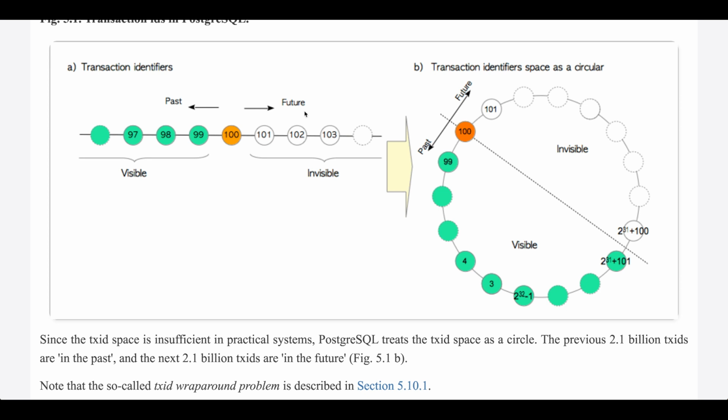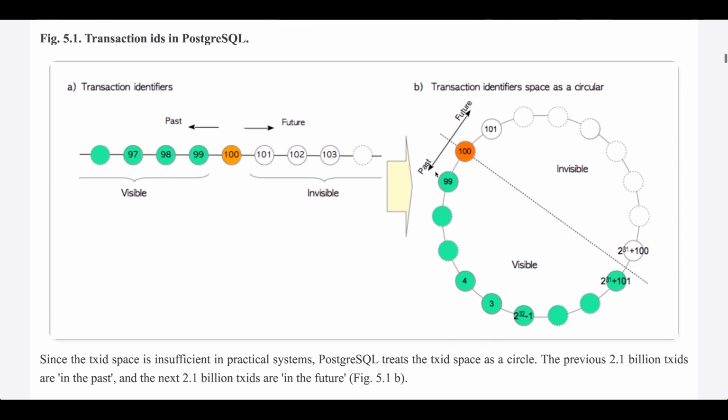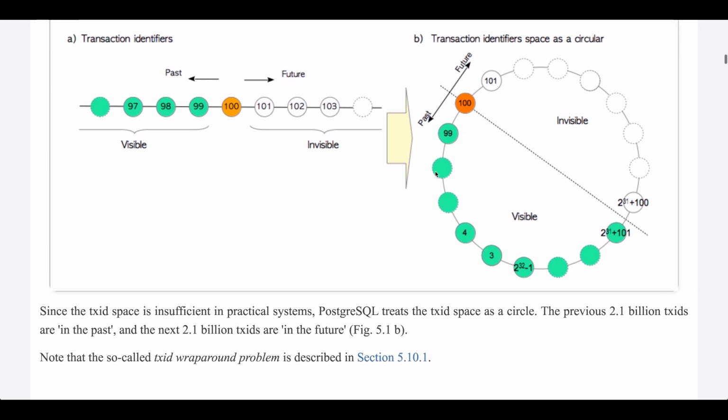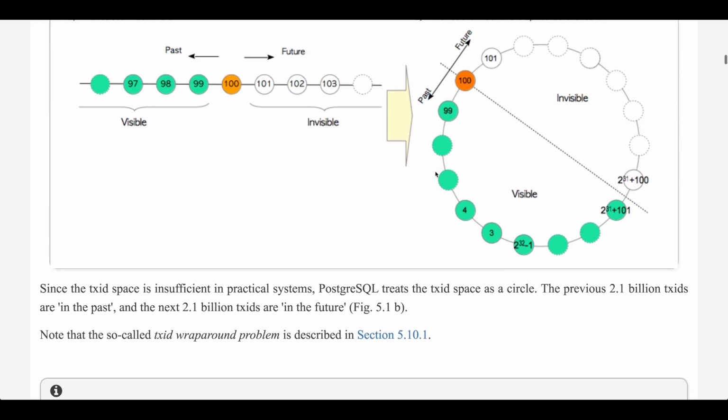So we have the past and the future, visible, invisible. Transaction identifier space as a circle. Past, future. It's the rollover of the 32-bit unsigned integer, so you don't have over 4.2 billion transactions at once. Seems safe. Since the transaction ID space is insufficient in practical systems, Postgres treats the transaction ID